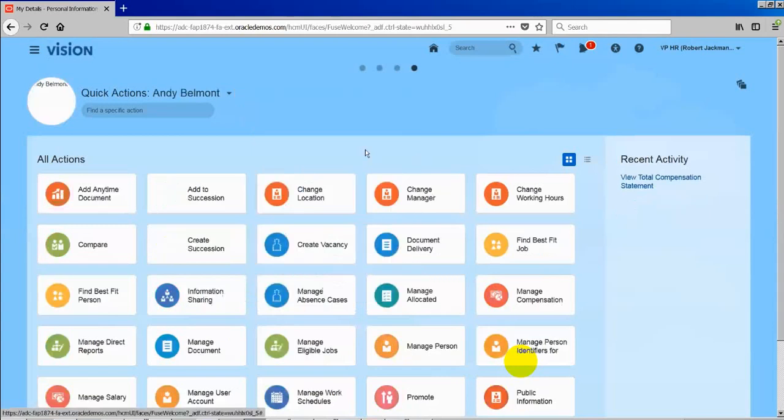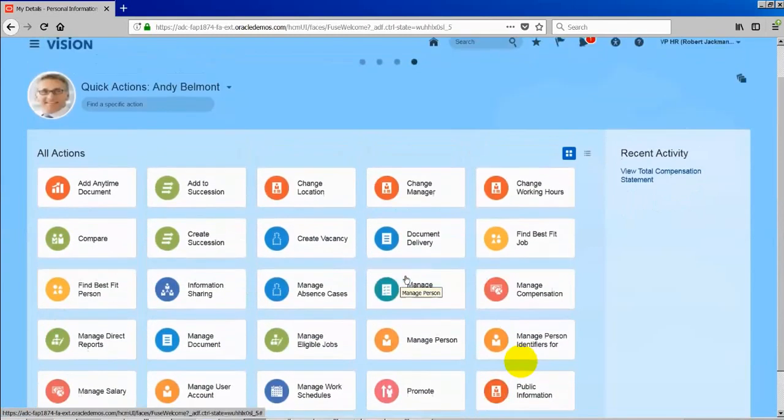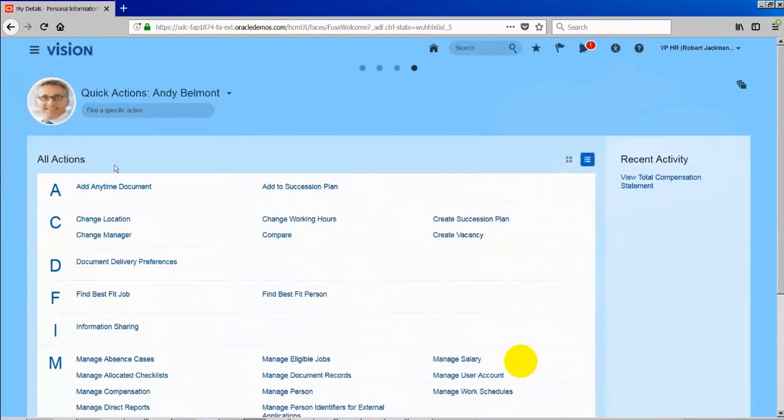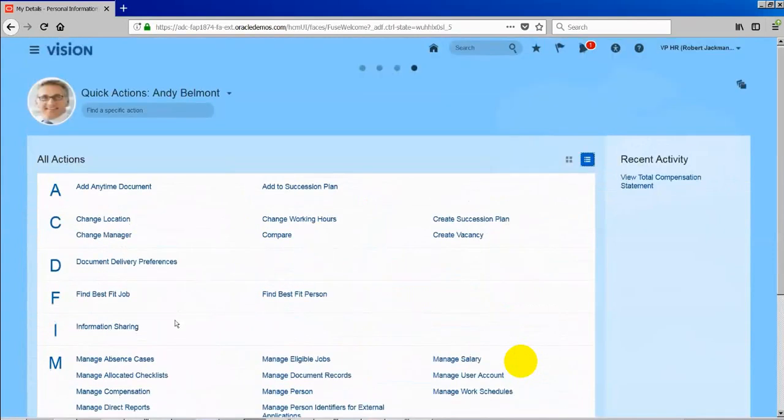You can look on Andy Belmont. As of Andy L. Belmont, you can do some actions, which is also a very beautiful feature, what you can do with the quick actions. Okay, and in quick actions, we have a tile and list. If you click on the list, you will get the access in alphabetical order in the list, so that you can look at that respective task, what you can do, and you can act accordingly.